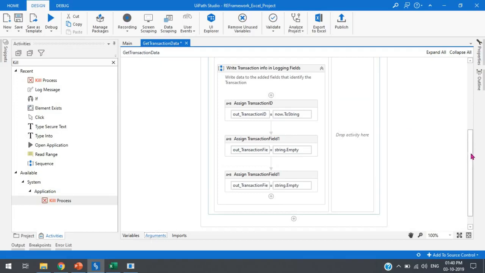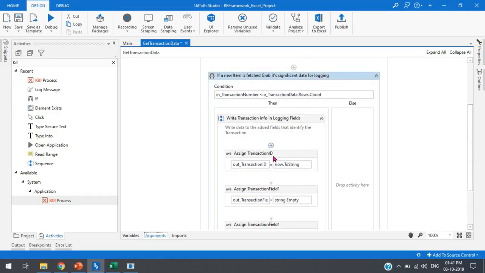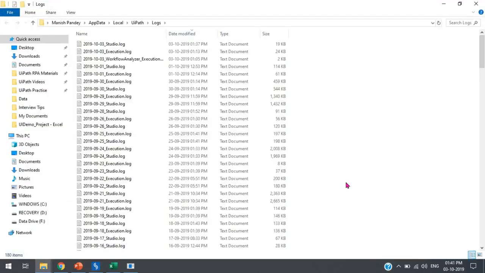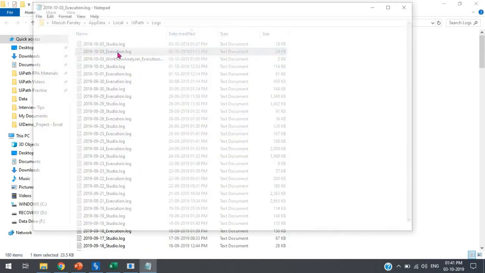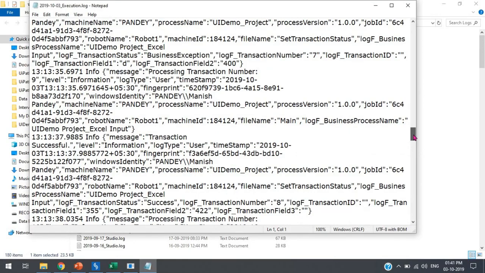and now you can see here it will go to the true section and it will write the transaction info into the logging fields. So do you know what is the use of these logging fields? These three items, the records, will be logged into the log file, this is for the log message. Okay, so you can see these details by pressing Control L, so it will open the logs and you can see the executions.log, and now here you will see,